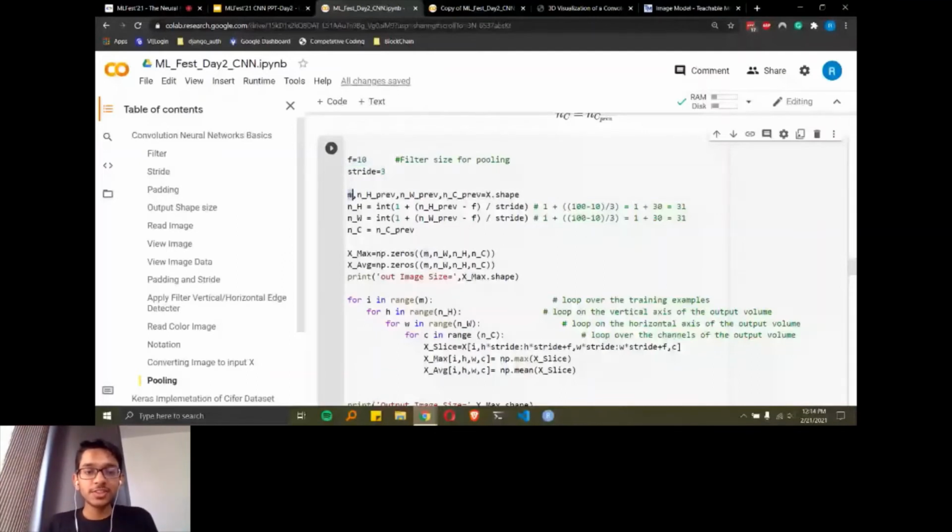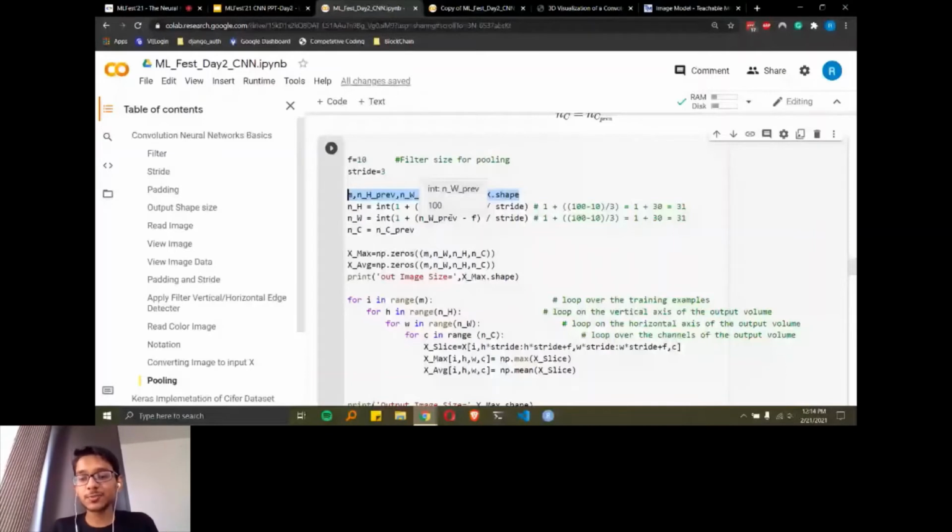So n_H_prev is nothing but the height of the previous image, meaning the input image, and this is the width of the previous image, which is the input image itself, and the channels. We are passing that as x.shape. Those will be assigned over there, and then we are doing the calculation of these functions you are seeing now.